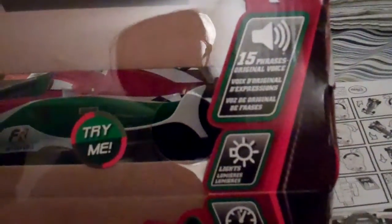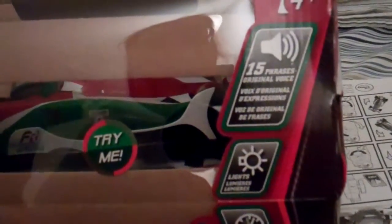He's got turbo. He's got lights. He's got 15 phrases in the original voice. It's recommended for ages 4 and up. This comes from the Disney store, and it came in this kind of cute little box. Of course, you can't quite appreciate it now that it's been opened, but